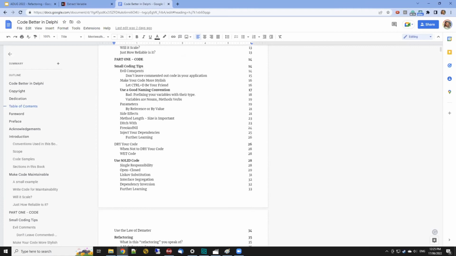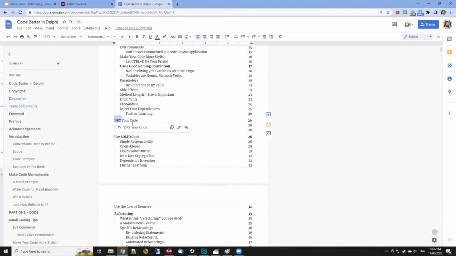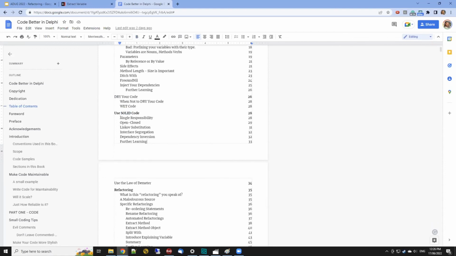So, small coding tips. Comments, side effects and functions, is Free and nil a good idea? DRY, don't repeat yourself. SOLID: the single responsibility principle, open-closed, Liskov substitution principle. If you violate that, then you're not taking advantage of object-oriented code because your code is not properly polymorphic. Interface segregation, and of course we discussed dependency inversion,